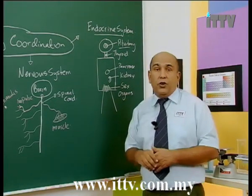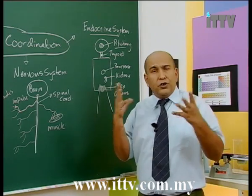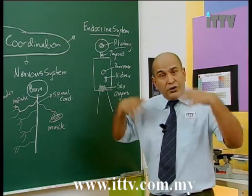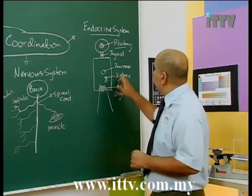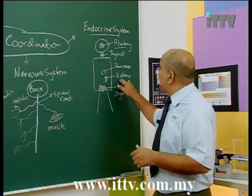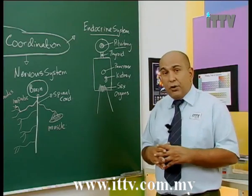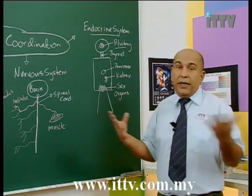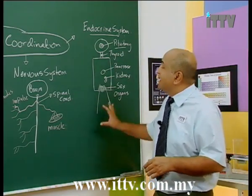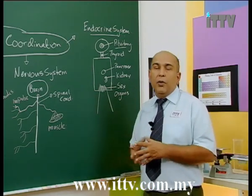The pituitary has got hormones like the growth hormone, FSH, oxytocin, all sorts of hormones that control the body. The thyroid has got thyroxine, which controls the metabolic rate in your body. Pancreas produces insulin, which controls glucose in the body. The kidneys release a famous hormone called adrenaline, which controls energy in the body. The sex organs, well, males have testosterone, females have progesterone. And these are just some of them. There are many more, but these are the important ones that we are going to study in our Form 4